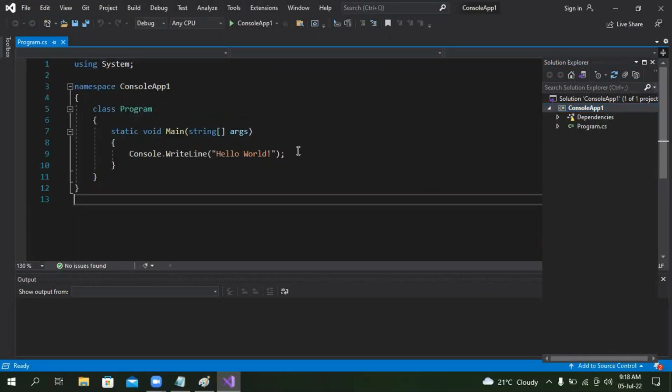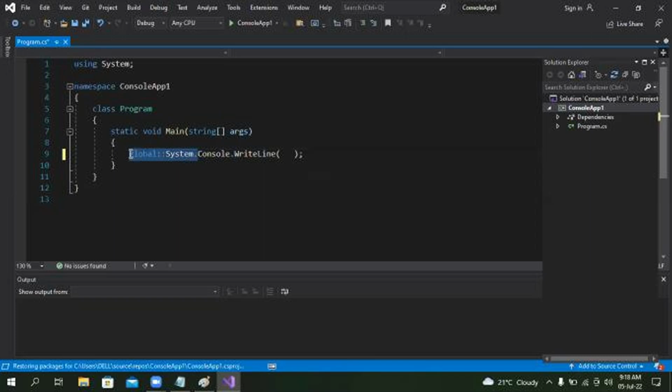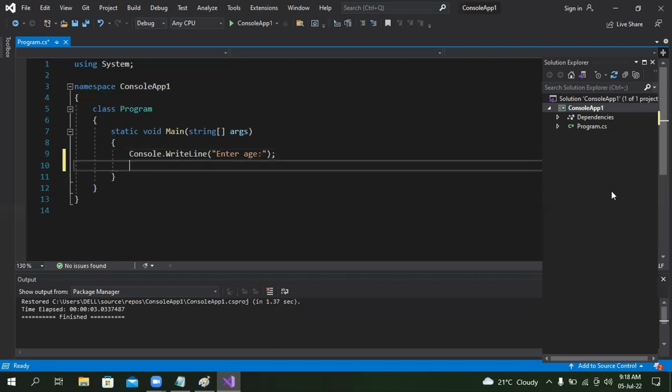Now, this is my program. For example, here I'll ask the user to enter some Console.WriteLine: enter age. It allows the user to enter his age. Okay. So next, int age equals